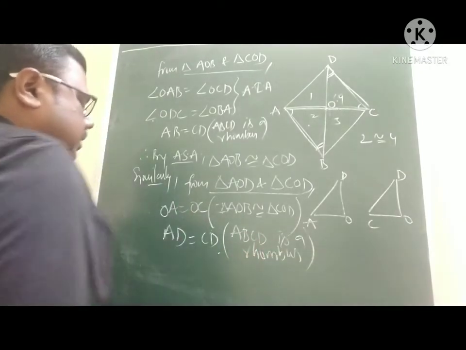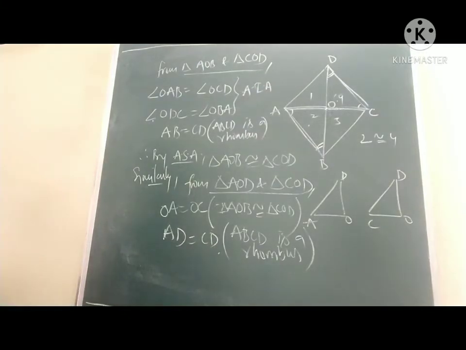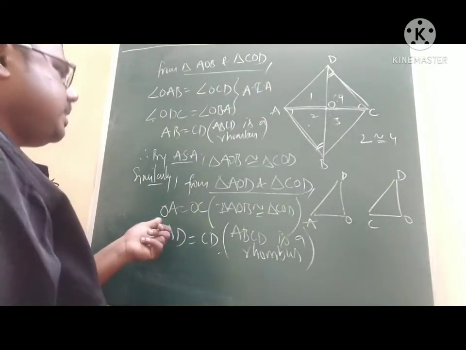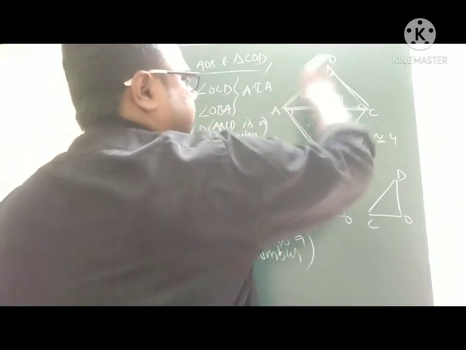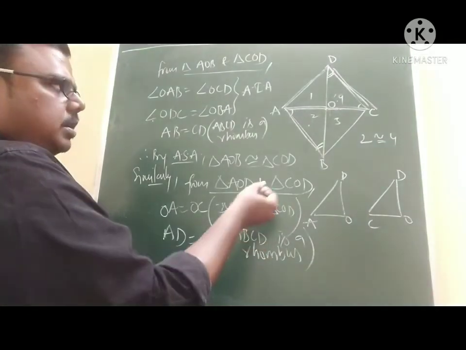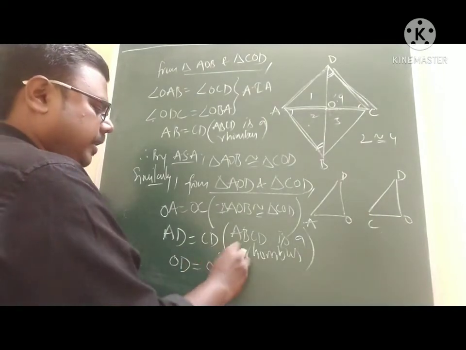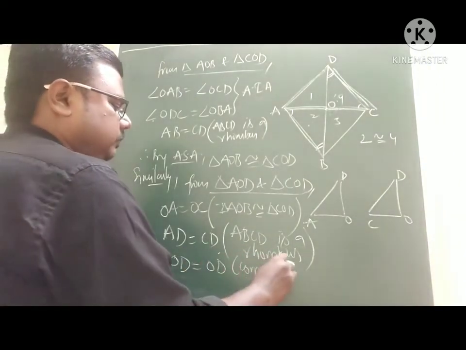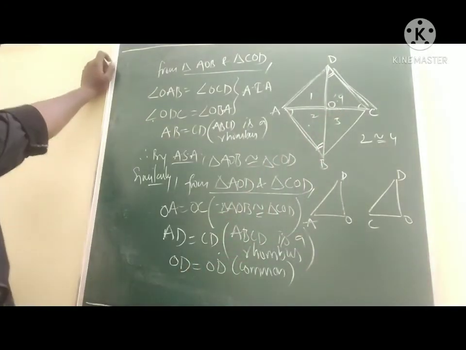So due to that definition of rhombus, we'll get AD is equal to CD. So we got OA is equal to OC, and then AD is equal to CD. Why? Because ABCD is a rhombus, so all sides are equal. And then we have OD is equal to OD, which is the common side. So by SSS congruency rule,